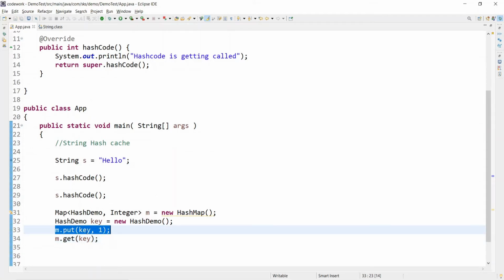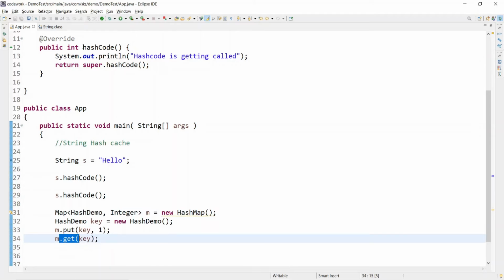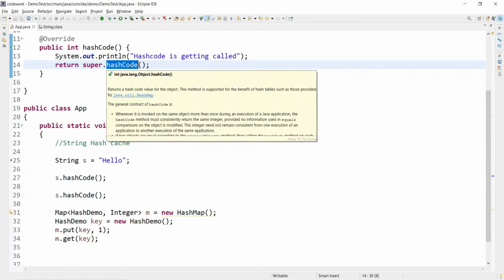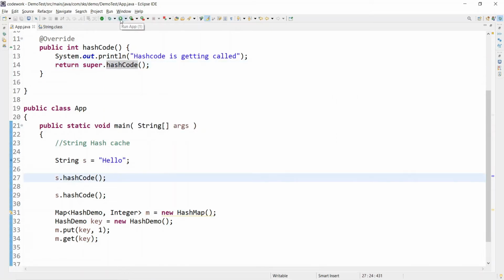So whether we are using put or get, in both cases the hashCode method will get calculated. It means for each operation of the hash map, either put or get, the hashCode method gets called, and inside that, the logic that has been written. If it gets calculated one time, there is no need to calculate it a second time if it is immutable, right? But in the case of mutable, each time it will give you a different result, right? So let's run this first.